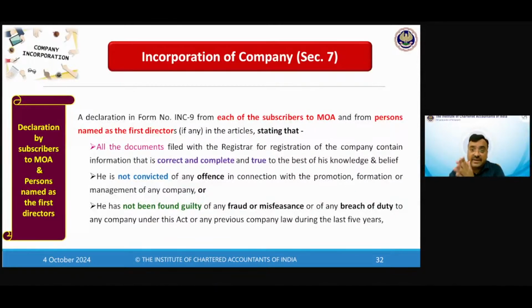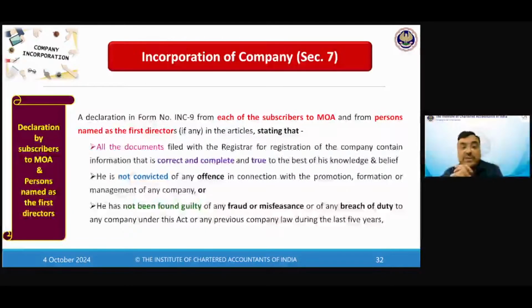Now the declaration by subscriber to MOA and persons named as first directors, यानी कि जो सब्सक्राइबर्स हैं और जो डायरेक्टर बनने जा रहे हैं उन लोगों को भी डिक्लेरेशन देना है in form number INC 9. A declaration in form number INC 9 from each of the subscribers to MOA and from persons named as the first directors, if any, in the articles of association, stating that